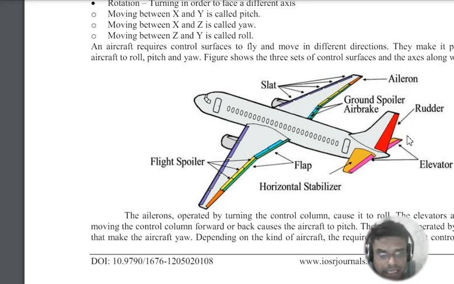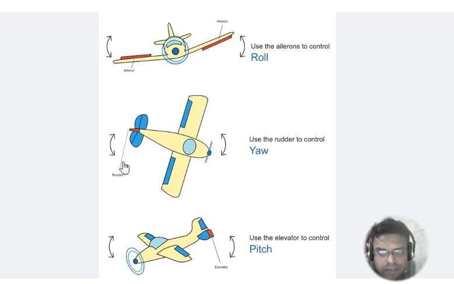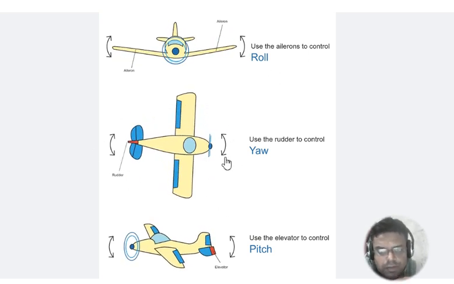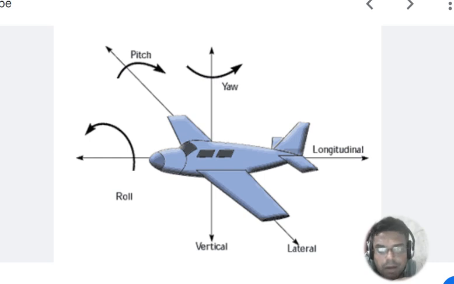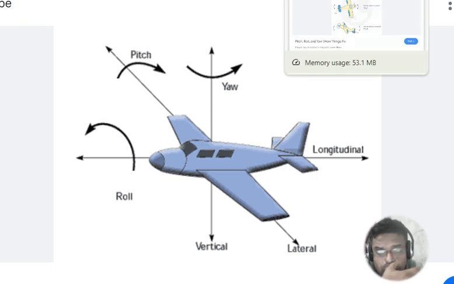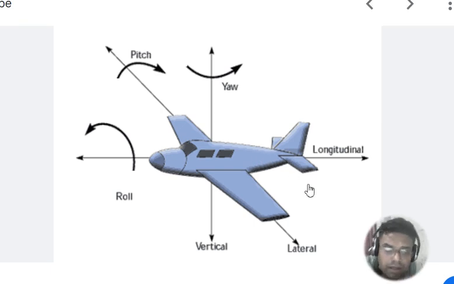Then we also have a second control surface which is rudder. Rudder is responsible for yawing motion of an aircraft. If the rudder goes left and right, an aeroplane can tilt to the left and right, which you can see here, tilting the left and right. This yawing motion is happening about the vertical axis, as you can see from here. An aeroplane can go left, an aeroplane can go towards the right. So this is the second control surface, which is very, very important, without which a pilot cannot make an aeroplane